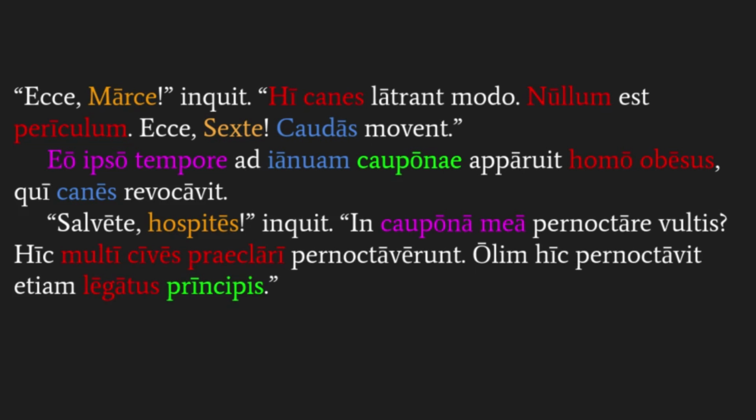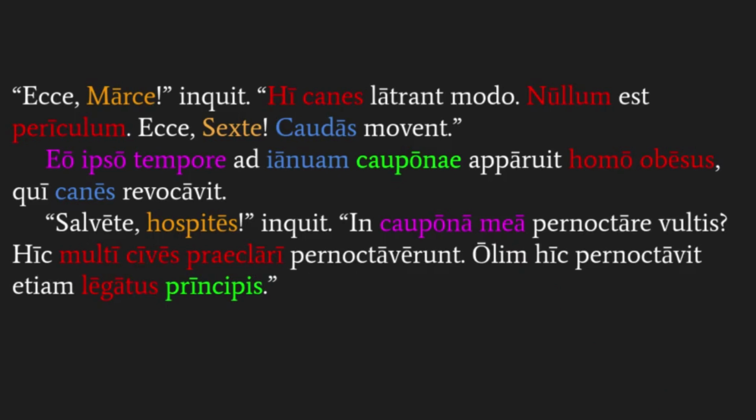So save the spelling for next chapter. You'll see how this all works. And he continues by saying, "olim hic pernoctavit etiam legatus principis." So once, olim, right, once. Here, hic, a legatus, an envoy, right, a messenger or an envoy principis of the emperor, right, so someone really famous, an envoy of the emperor, pernoctavit, spent the night. Etiam means even. So if you kind of put it back together, he's saying once, even an envoy of the emperor spent the night here.